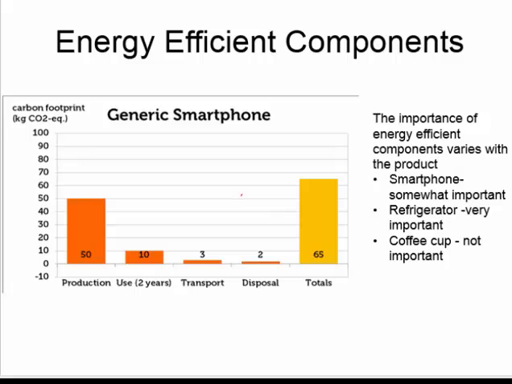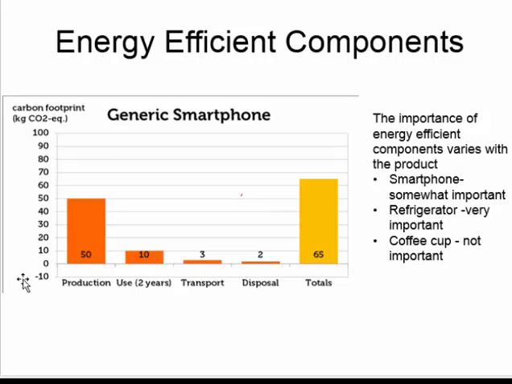Okay, so the next point that I'd like to talk about is selection of energy efficient components. Like a lot of these designed for the environment principles, this one doesn't apply to all products. It tends to apply to products where there's a significant energy usage component in the use phase. So for example, you can see here